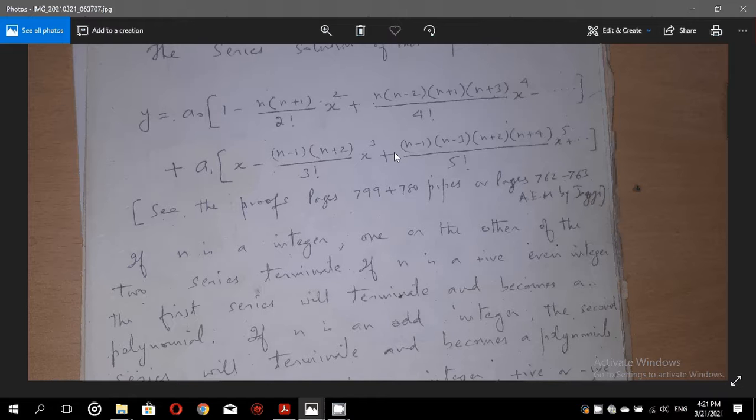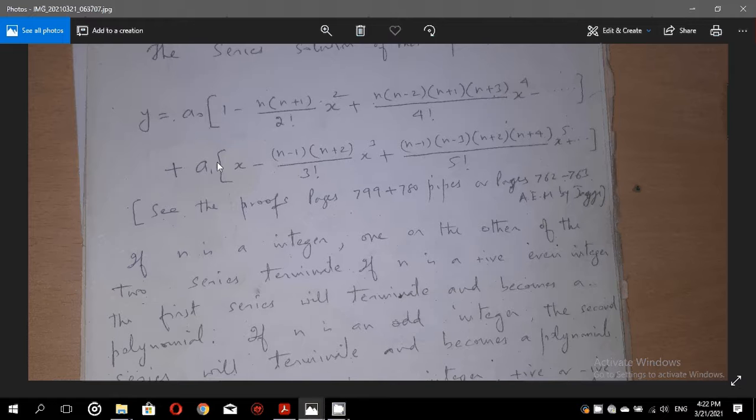So obviously when n is even, you can look at various terms. In this third term we have n into n minus 2, and in the next term we will have n into n minus 2 into n minus 4. So say if n is 4, then obviously the next term will terminate, and similarly the other terms will also terminate, which will mean that the first part of our solution will be a limited series, a finite series, which we call the polynomial. However, the second part will remain infinite, and